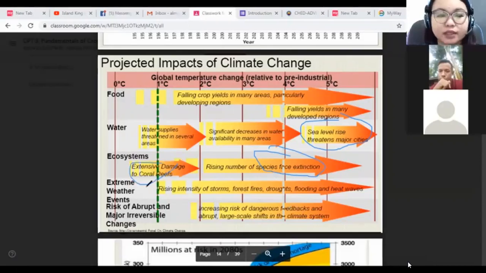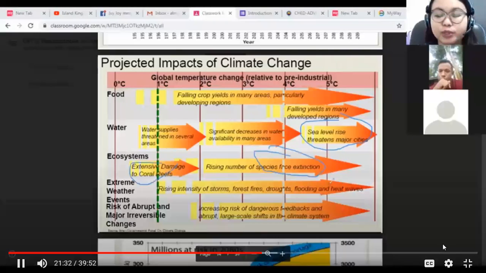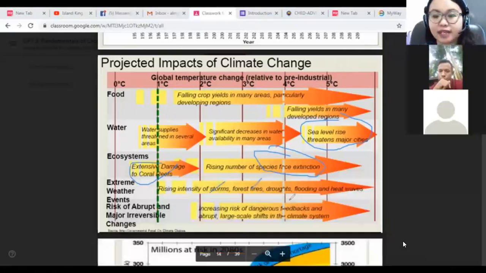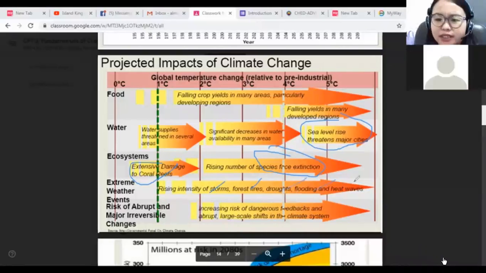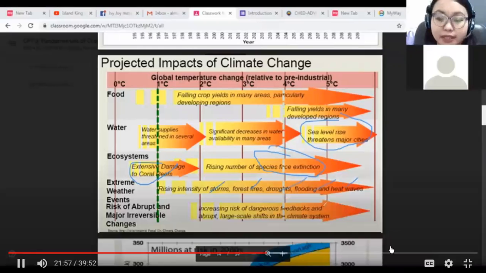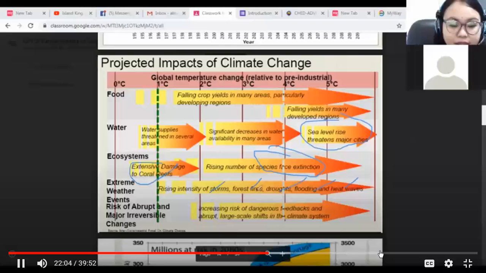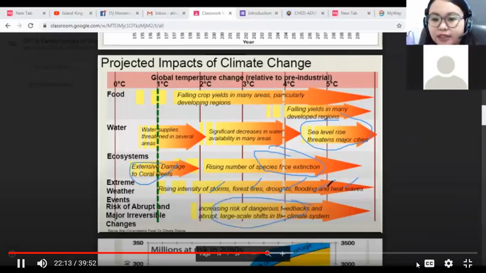There are extreme weather events that we already have recently, although not here, like storms and forest fires. We had forest fires in early January and February, I think. Droughts, floods, and heat waves. So yun ang mga mangyayari. And we even have recently earthquakes, and the risk of dangerous feedbacks: abrupt large-scale shifts in the climate system. So to fast track,